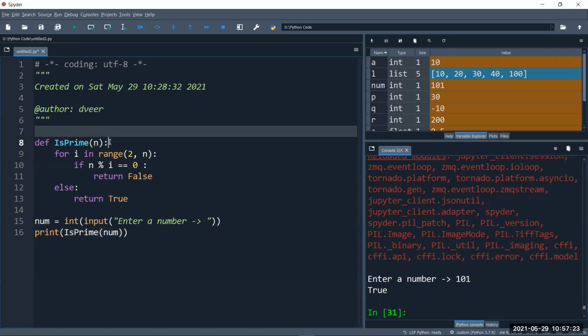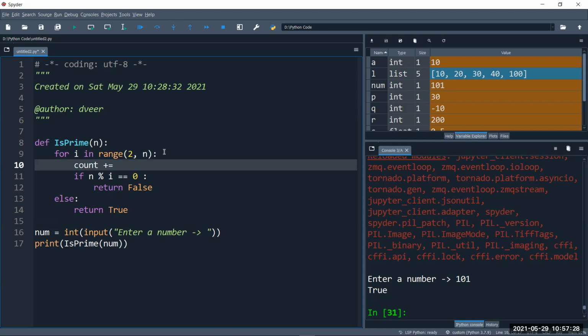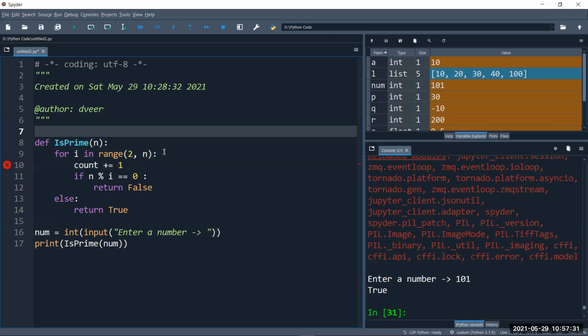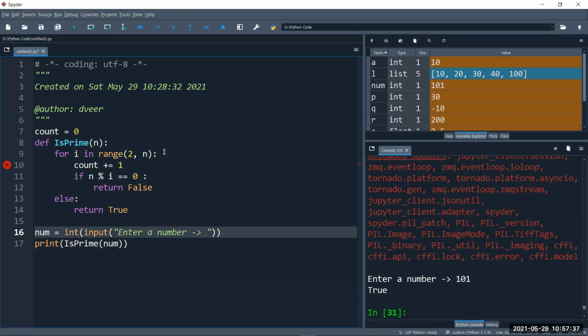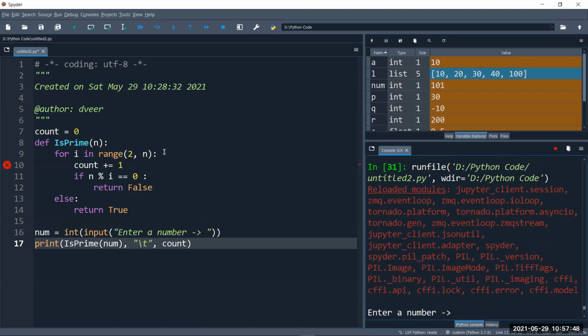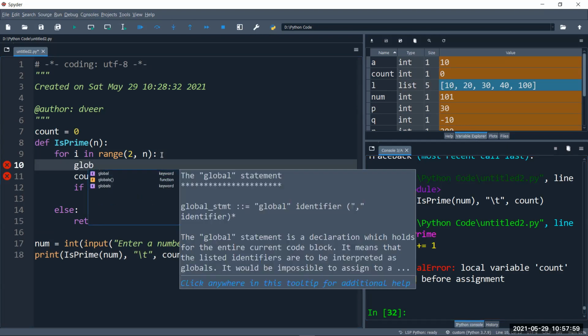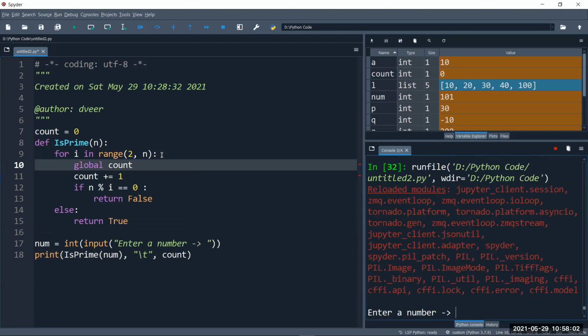Here I want to count how many times it is doing division, right? Here I'll write count plus is equal to 1. And let me declare count here. Count is equal to 0. And here we'll print count. Let's see if it works. 101. Local variable count. Okay, we'll have to declare global count. Okay, fine. Now